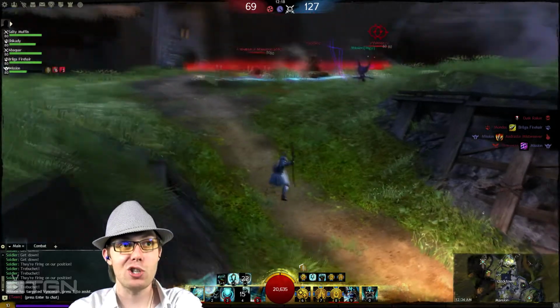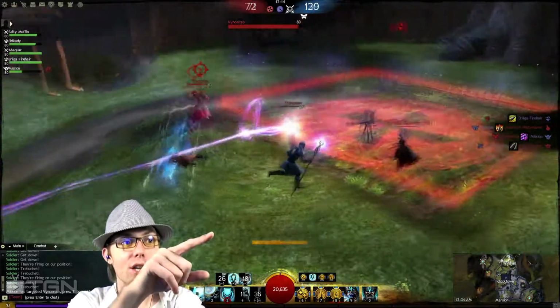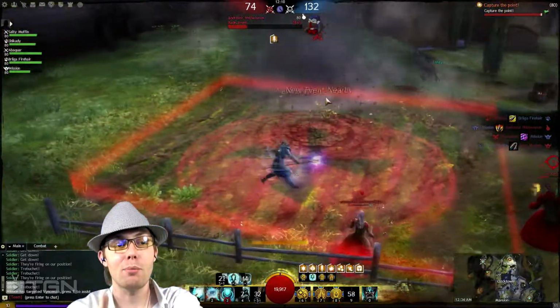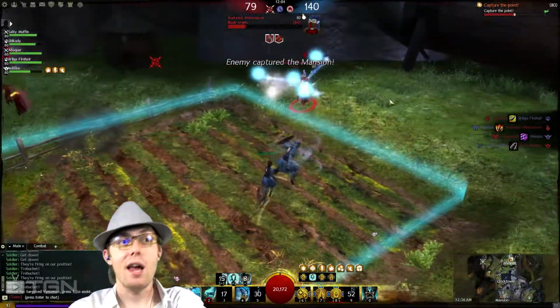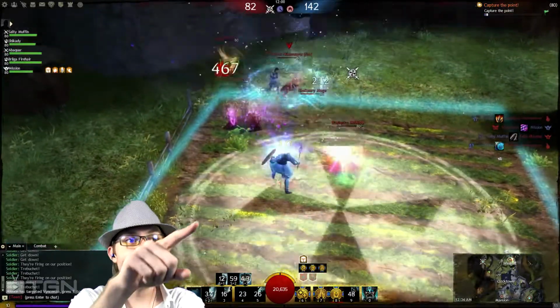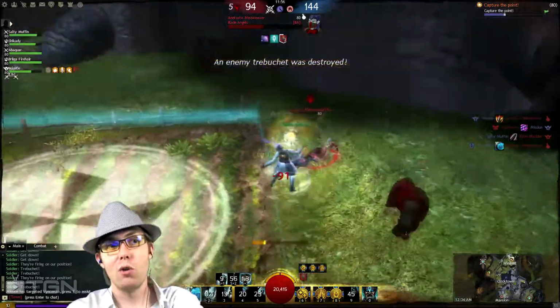I'm seeing that the mansion is now contested, so I need to get my ass on this point as soon as possible, using my line of warding there in front of the point so that the enemy team cannot pursue me and keep me off of the point. Line of warding allows you to move in as well as keeping enemies out, so you can use it to both effect. Using my 3 on my scepter first, then dropping my 2 on top of them,